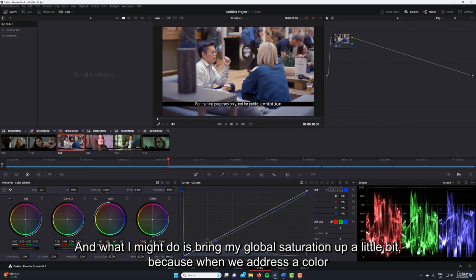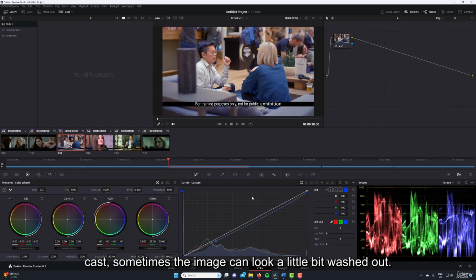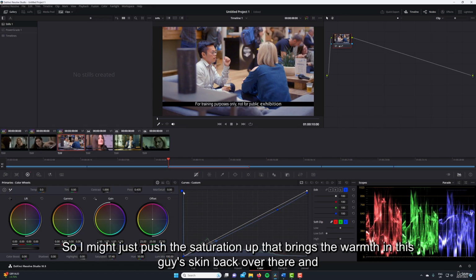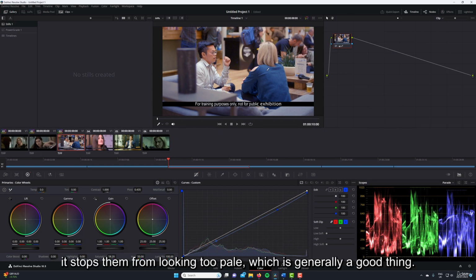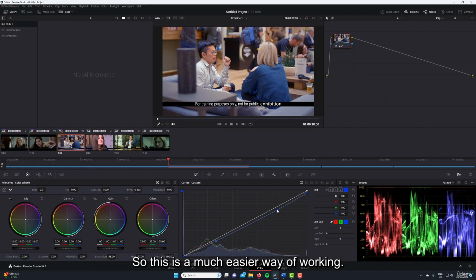And what I might do is bring my global saturation up a little bit, because when we address a colour cast, sometimes the image can look a little bit washed out. So I might just push the saturation up. That brings the warmth in this guy's skin back over there, and it stops them from looking too pale, which is generally a good thing. So this is a much easier way of working